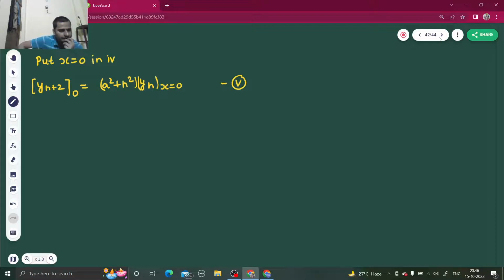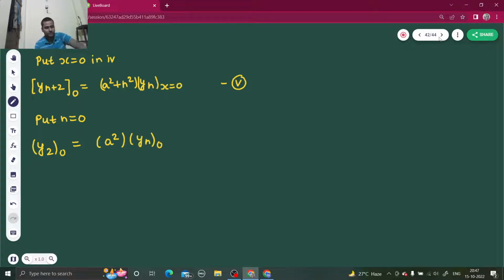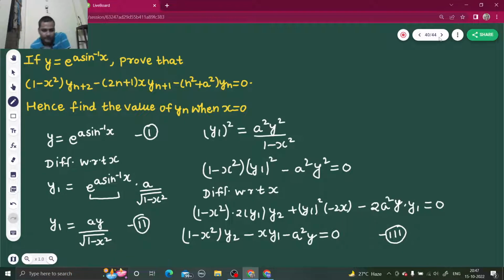So if you put n as 0, you get y2 at 0. At 0 means at x equals to 0, equals to n as 0, that means you are getting a² and yn at x equals to 0. So y2 at x equals to 0 I can get from this equation, this third equation. So y2 at x equals to 0 will be y2 equals to a² and y at x equals to 0,